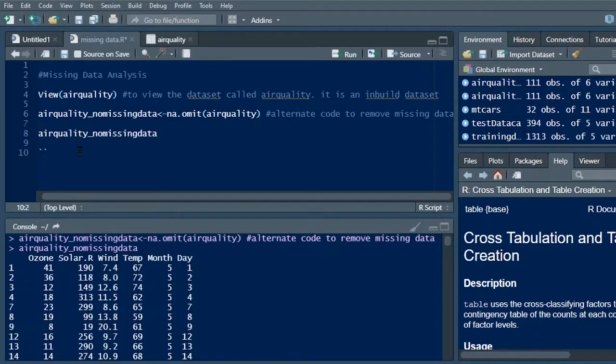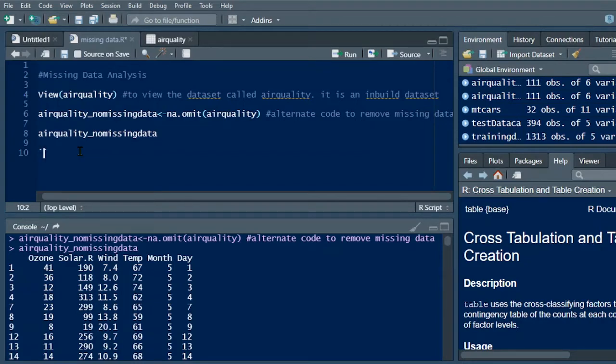Now we are going to see missing data analysis using RStudio. Missing data is a very big problem for every data scientist. Missing data means a value is not stored in the data set. It occurs when no data value is stored for the variable in an observation. Missing data are a common occurrence and can have a significant effect on the conclusions that can be drawn from the data. The various problems are associated with missing data.